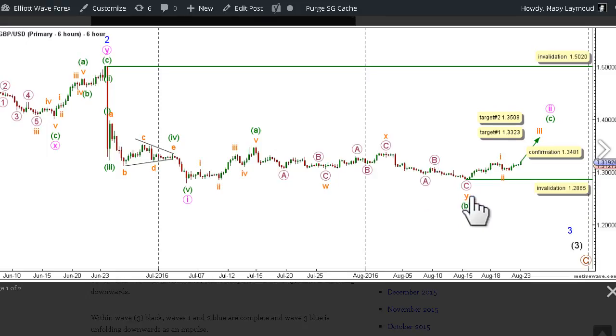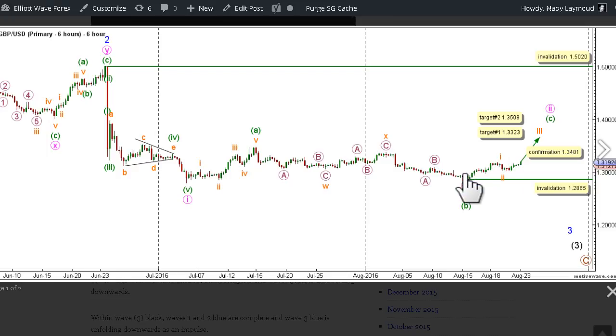It's expected that wave C green has started unfolding upwards, with waves 1 and 2 orange complete, and wave 3 orange is unfolding upwards. This count would be confirmed by movement above 1.3481, and we have two targets for the completion of wave 3 orange. The first target is at 1.3323, as at that level wave 3 orange would reach equality with wave 1 orange, and the second target is at 1.3508, as at that level wave 3 orange would reach 1.618 the length of